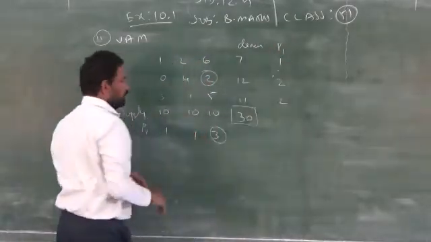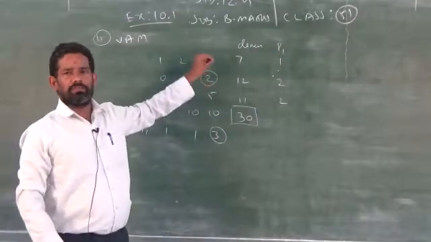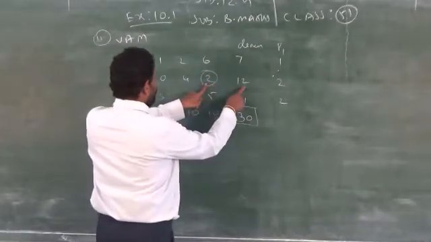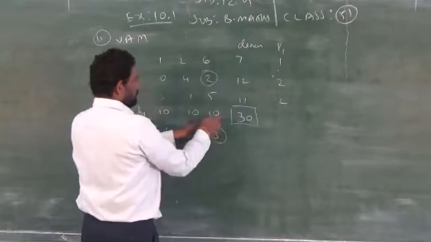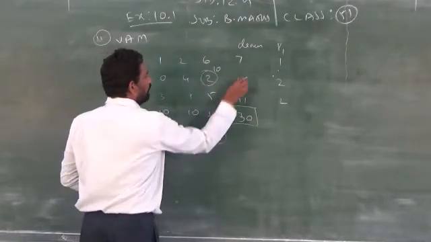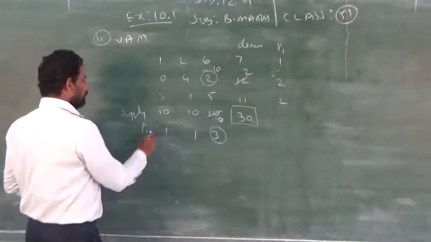This penalty is only to find out the least cost in which row and which column. That is the purpose. So now the corresponding demand is 12, supply 10. Which one is least? 10. So it becomes 0. Here will come 2. That's all. Now you have to strike it out.